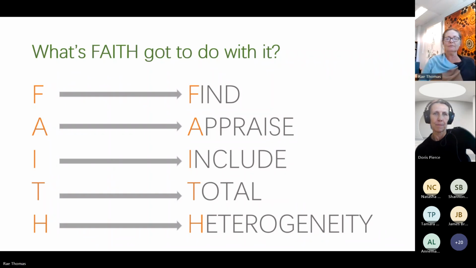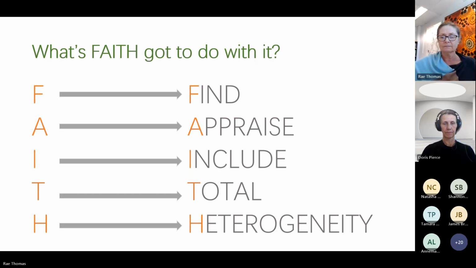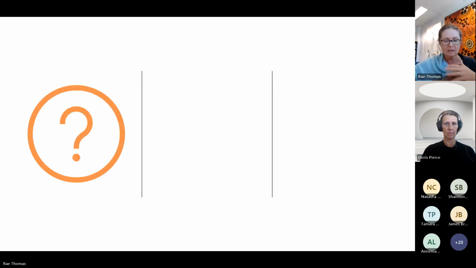Okay, cool. All right. So FAITH is a really simple way to think about the components of appraising a systematic review. So what does that look like? Today, we're going to talk about 3 different things when we're thinking about FAITH. The first thing we're going to look at is what you need to consider when you're critically appraising each of those letters in the acronym FAITH. What do you need to think about? What is it that we're actually looking for?